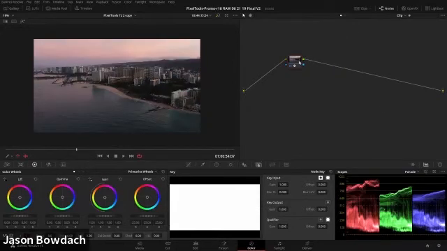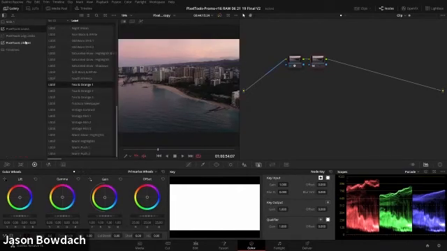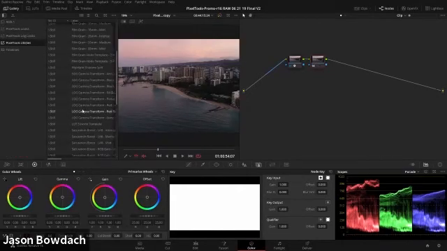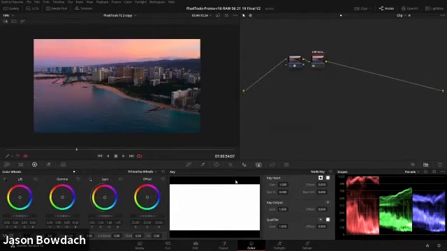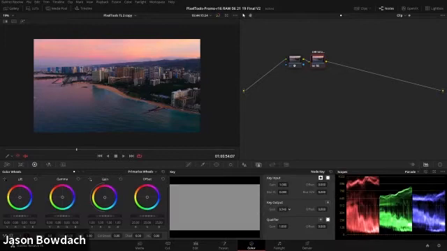That's the whole point of these different utilities. For example, this is a saturation boost using the LAB color space, and it's very different than typically using your color boost or vibrance or saturation. I think one of the most important things of being a colorist is having different tools accessible to you.